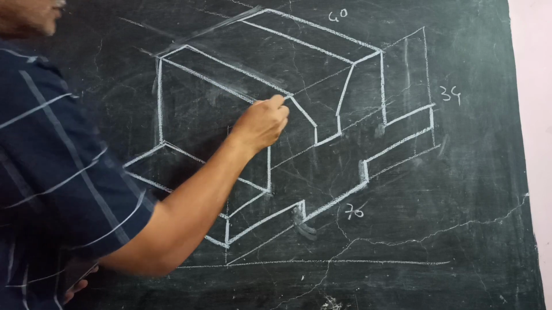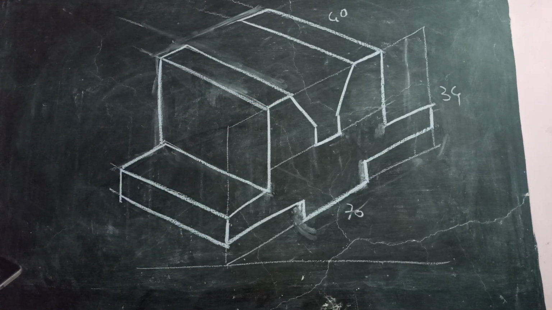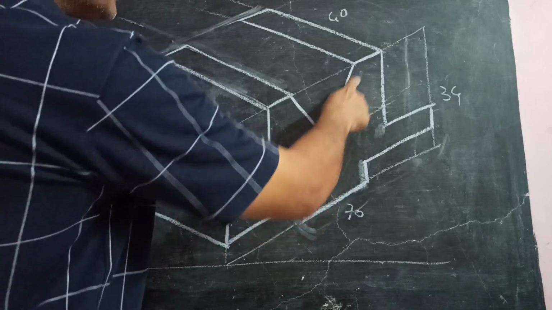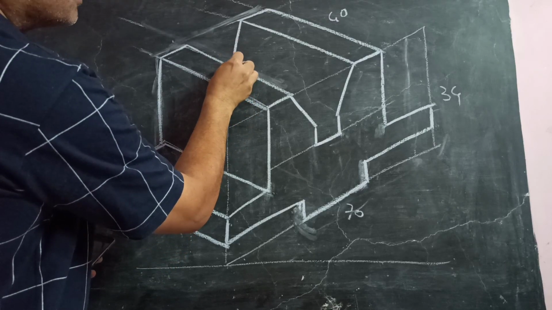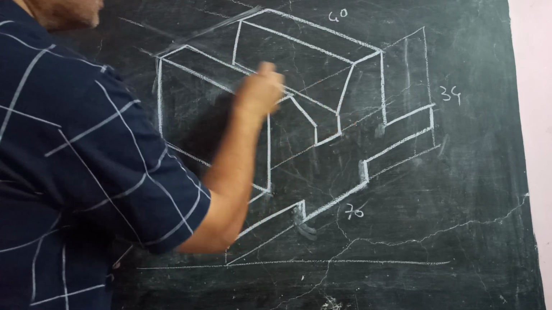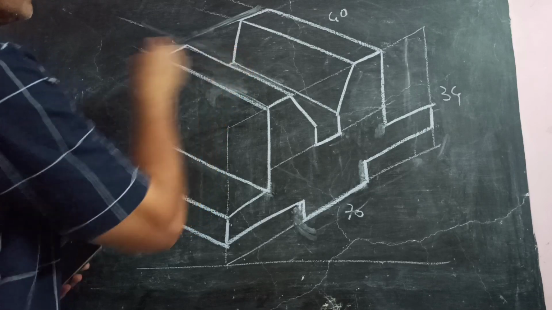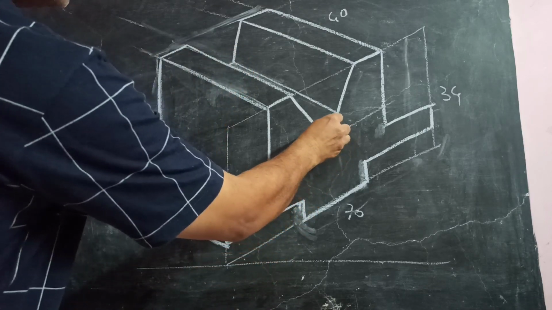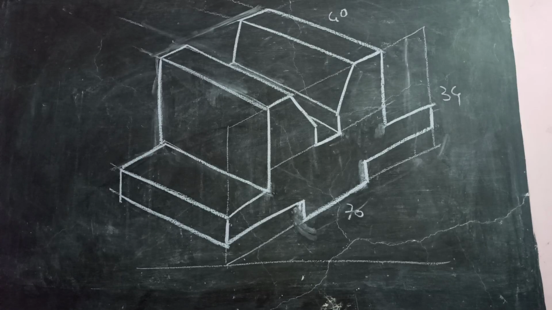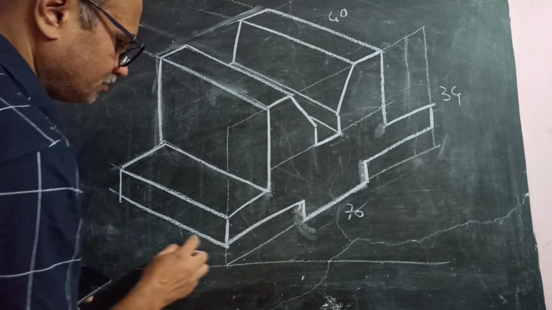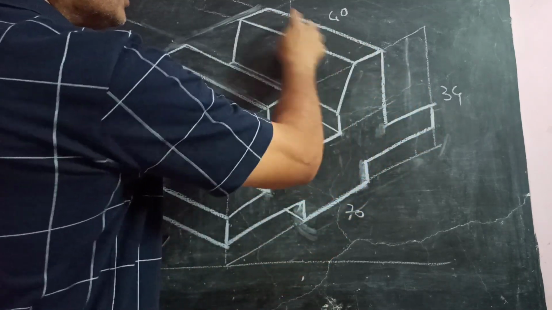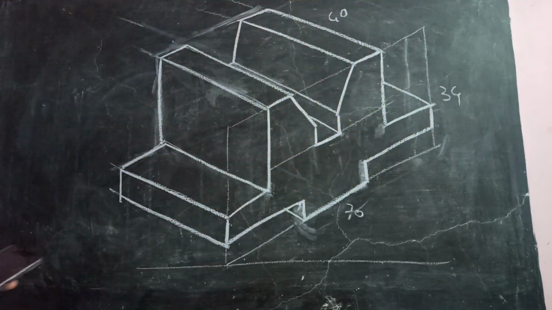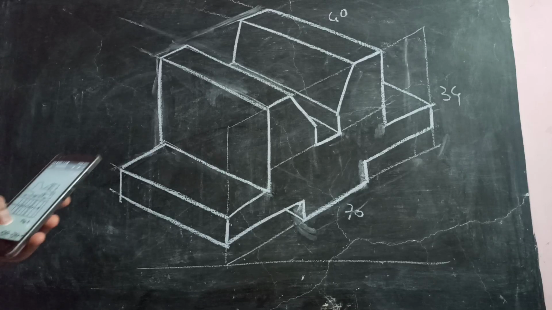That is 4. Then you can draw a line parallel to this from this corner. You can join it, and from here you can draw a line parallel. From here, draw a line parallel. So there are 2 lines remaining. So from here, draw a line parallel to this small line, and from here also draw a line parallel to this. So this is the solution for the problem number 8, the figure number 8, this one.